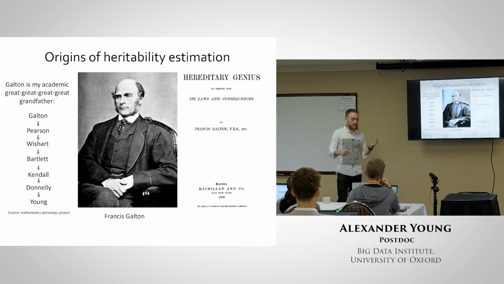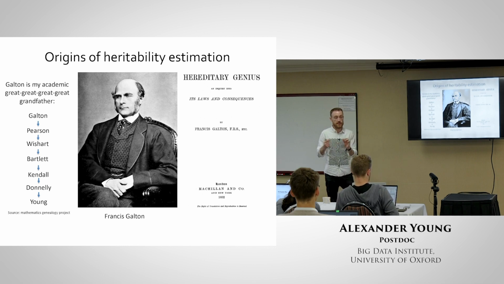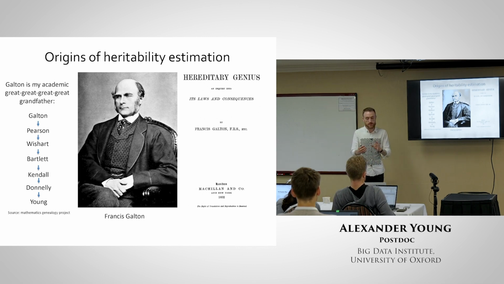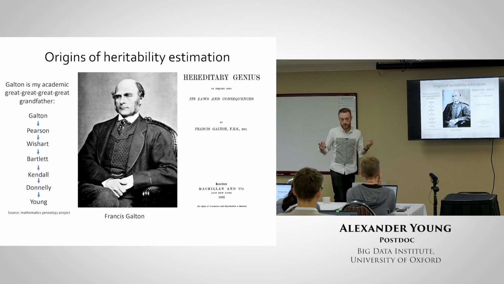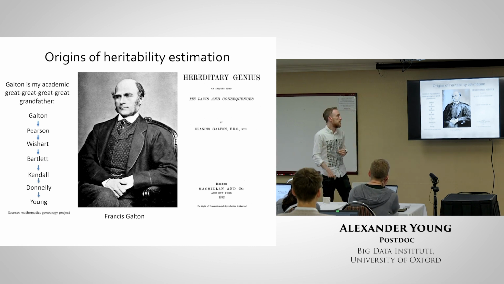And he looked at various fields like art and science and literature and, bizarrely enough, wrestling, which I'm not sure why I said that. But the basic idea, in some sense, is similar to a lot of methods for estimating heritability. You're looking for a relationship between phenotypic similarity and genetic similarity or relatedness. You didn't have any genetic data; it was just based on pedigree relations. And you're saying, are people that are related more likely to both be eminent in a field? And he found some very strong enrichment for eminence among relatives.